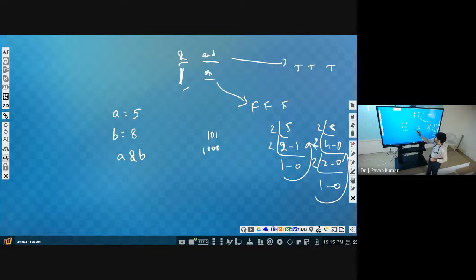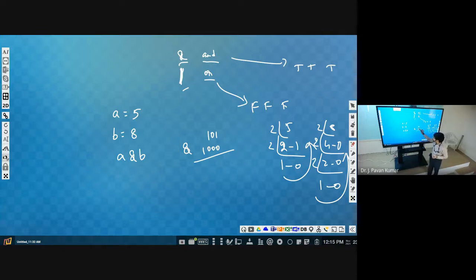As we have discussed, this AND operation will be performed on bits, on the binary equivalents of those numbers.